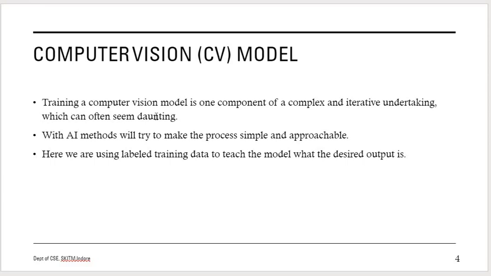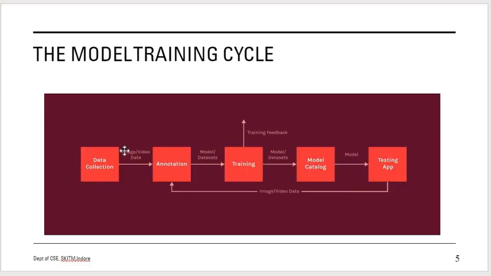So in order to accomplish this process smoothly, there is a certain AI method that we are going to use that will help us make this process simple and approachable. Here we are using the labeled training data to teach the model what the desired output is. The labeled training data, the already computed data, is there, and accordingly we are uniquely identifying the object and producing the desired output. So the model training cycle involves the data collection, like the uploaded